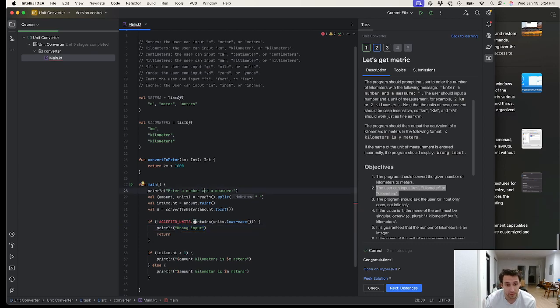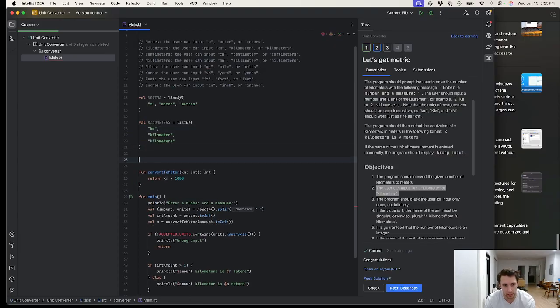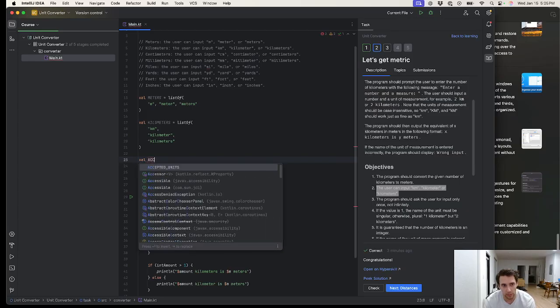But what that means is that contains is like, let's say there's 10 things above accepted units, or in this case like kilometers. If kilometers was last, then I'm actually looping over every single one to check it out. Alternatively, we could keep accepted units